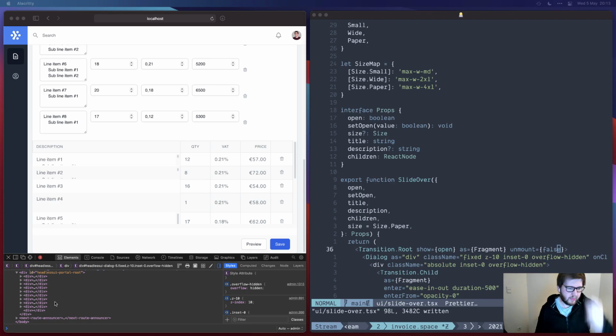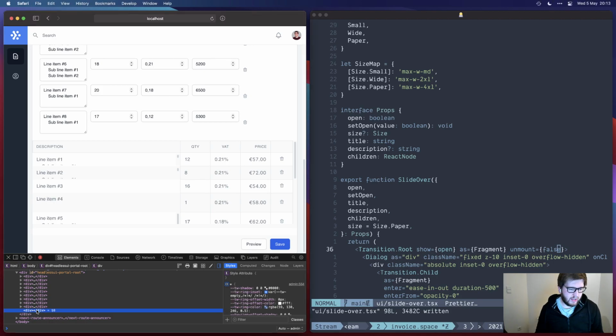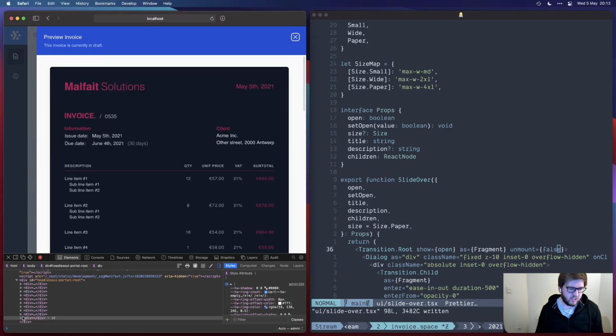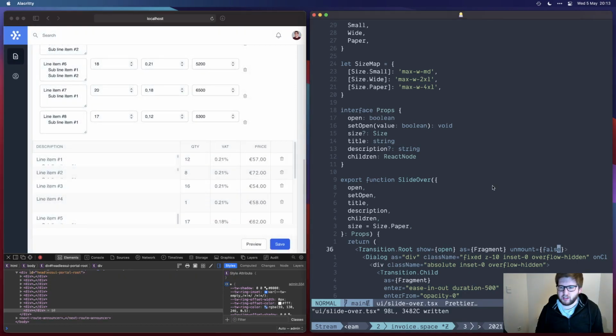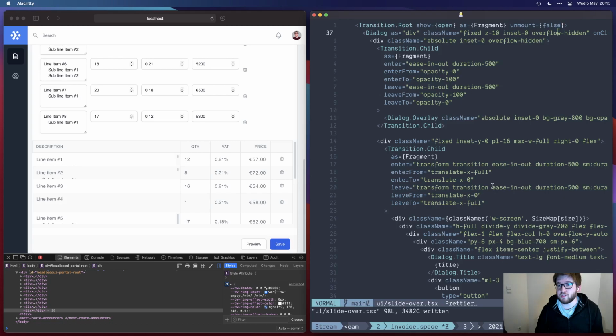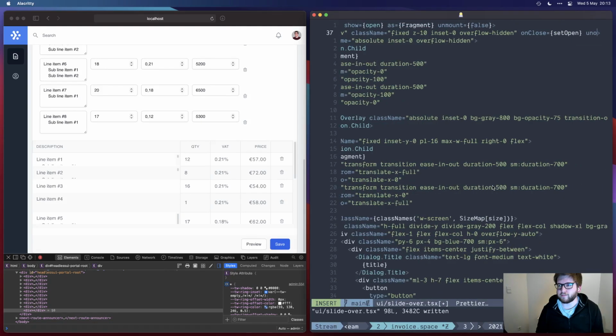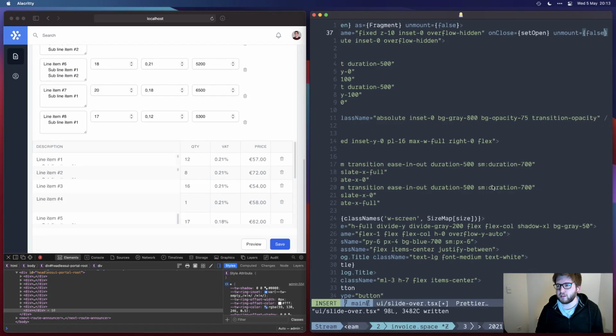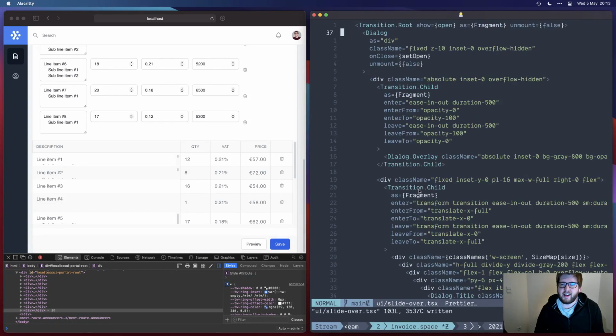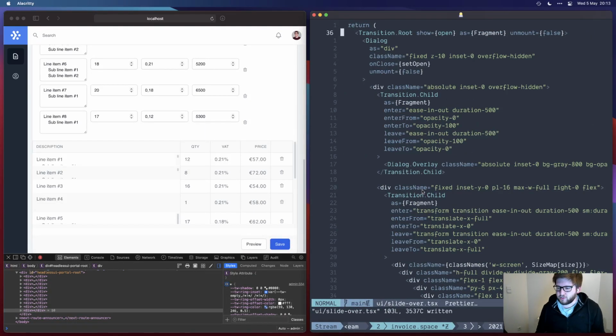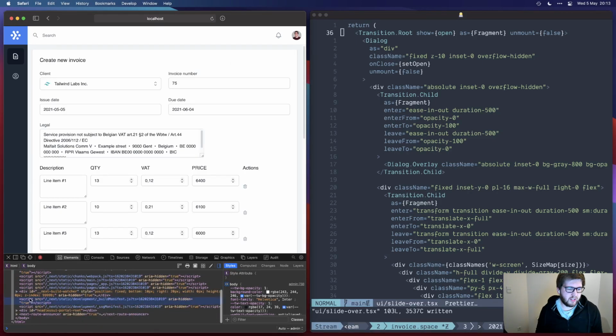Let's go. So now we already have this div in here, which is now gonna get filled. And then when we close, the div is still gonna be there. So this is the div for the transition route, but we can also do this for the dialog itself. I most of the time recommend you just use default behavior and don't keep it in the DOM, but it can be useful in cases where,